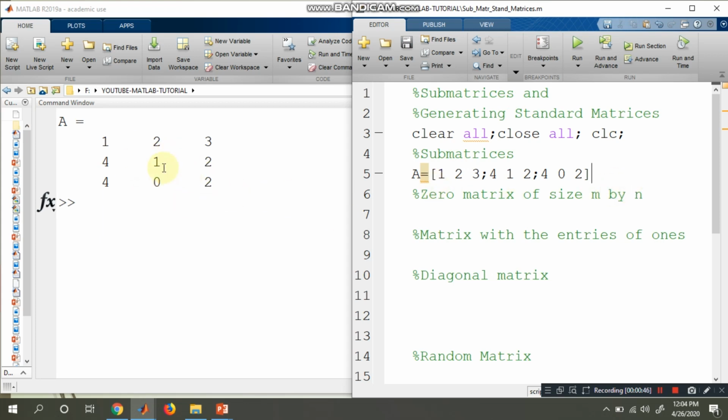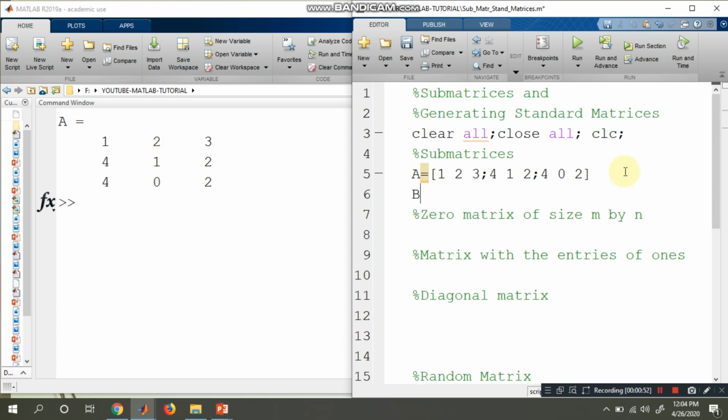Now from this I would like to find out the second row, second column entry, which is 1. I would like to figure out that second row, second column element. Observe here, whatever you type first represents the corresponding row, and here it represents the corresponding column. Second row, second column entry, once we generate, we get exactly 1. And the second row, third column entry is the value 2.